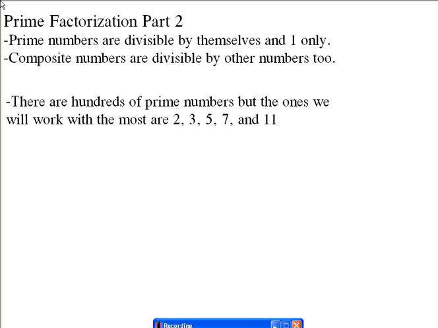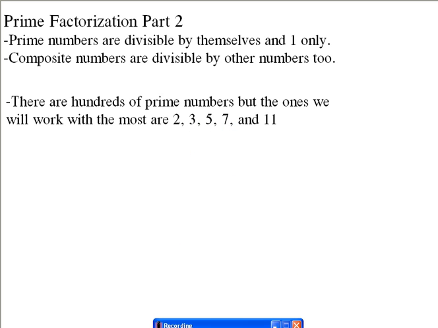Every number is divisible by itself and 1. 15 is divisible by 15 and 1, but it's also divisible by 5 and 3, so it is a composite number. As opposed to something like 7, which is divisible only by itself and 1, so it is a prime number. There are literally hundreds of prime numbers, but the ones we will be primarily working with are 2, 3,